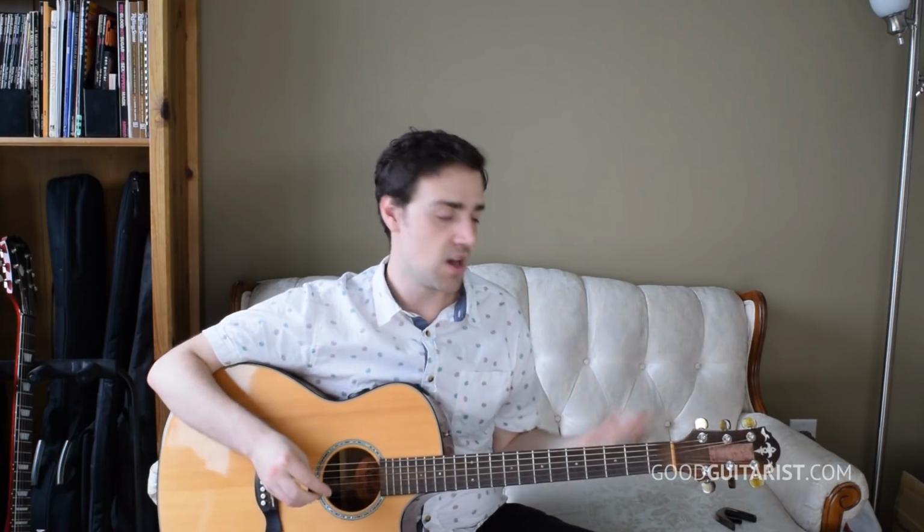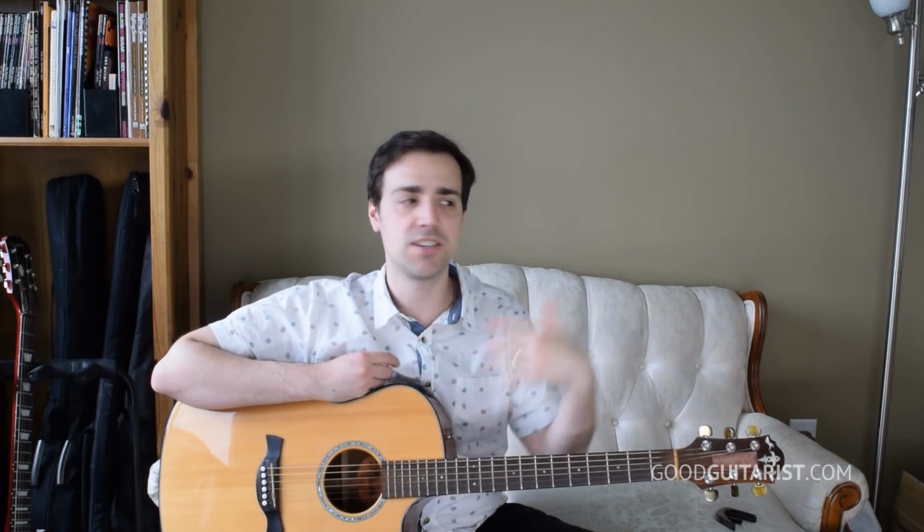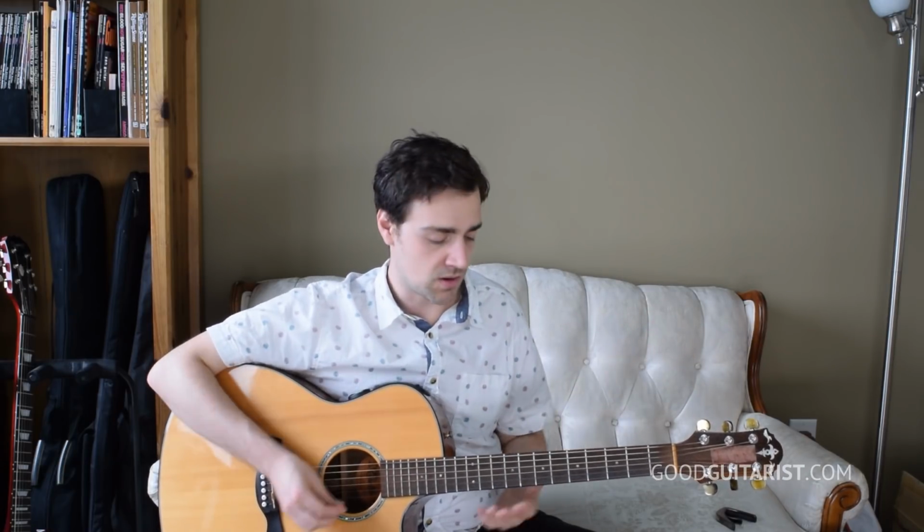Cool, so that's the bulk of the song, and those are all the parts that have singing over them. So you could just do what we've learned so far, and that's all you need. But if you want to take it a step further and learn the rest of the song, including the harmony for the solo section, in case you're jamming with somebody else and they want to take a solo, or for the intro, in case you're jamming with somebody who wants to do that,